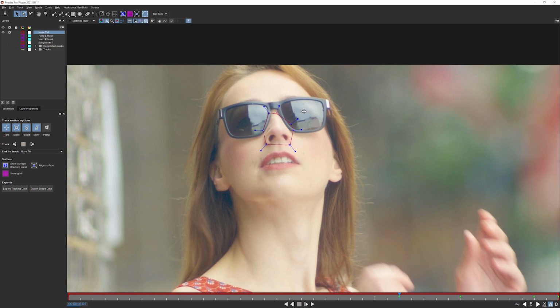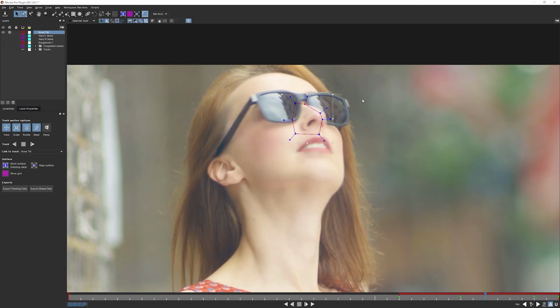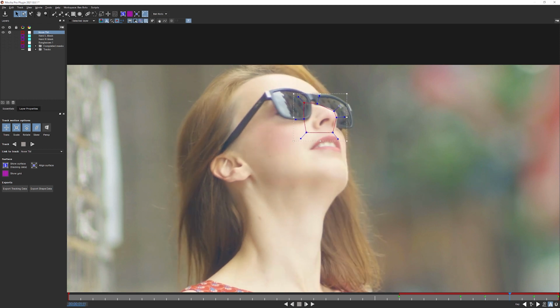There we go. And let's just bring that there. Let's come to our layer properties and we'll start our nose track matte at 1 second and 2 frames. Let's just check to make sure that it covers all the area we want it to. It doesn't quite, so let's just bring this in here.